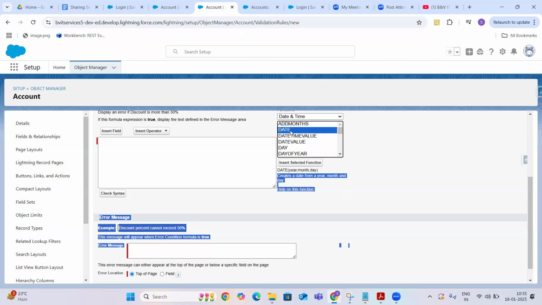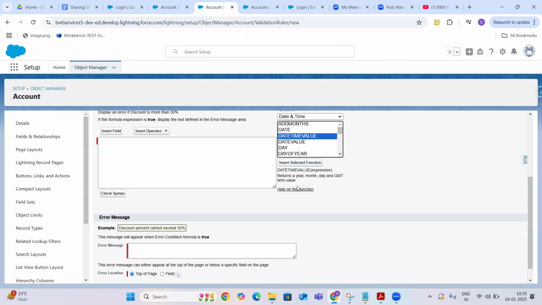Date of year, month, day: if you provide a year, month and day individually, it will automatically create a date field for you. Same with datetime value, date value, day of the year.